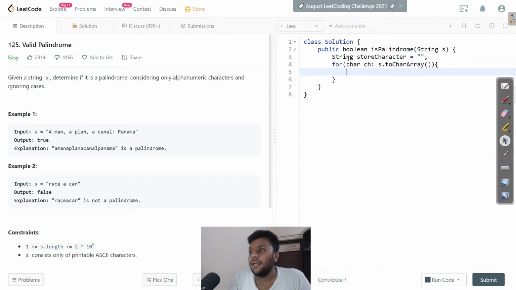Inside it, I will check whether we have a letter or a digit. A letter means something like m, a, and a digit means something like 1, 2.